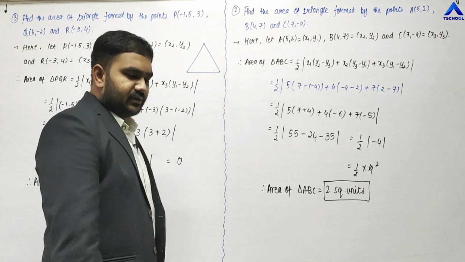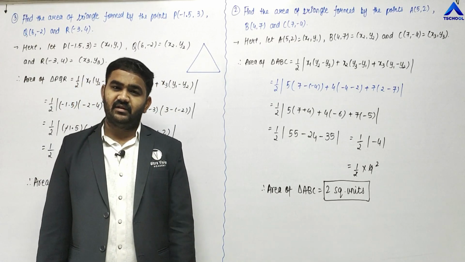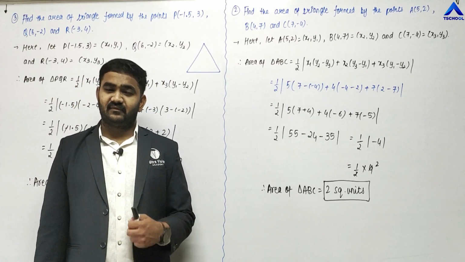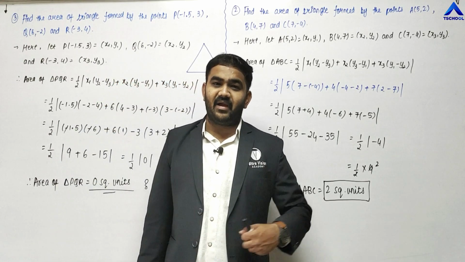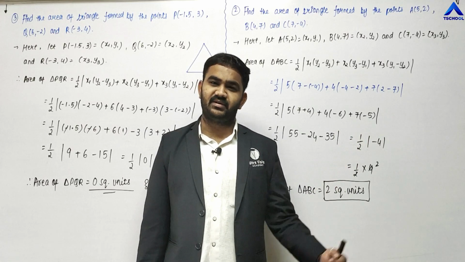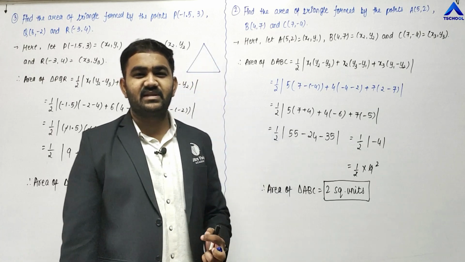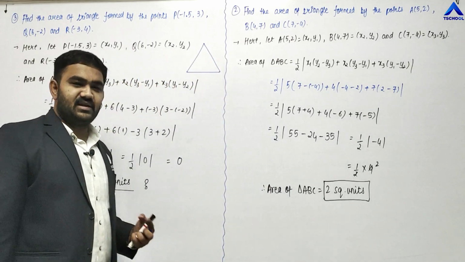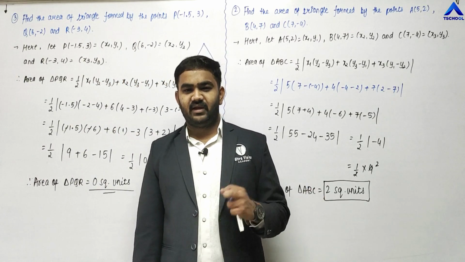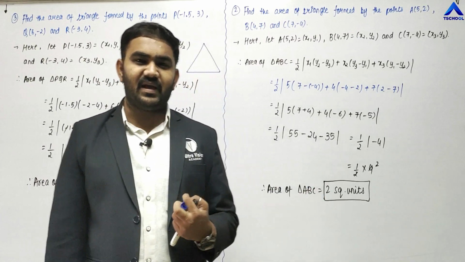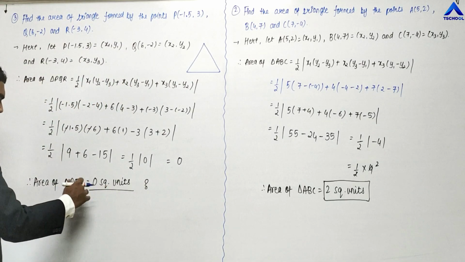If the area is 0, will these vertices form a triangle? No, right? Because if I say that I have a land of 0 square acres or 0 square kilometers, is it possible? No, as distance is never 0. We cannot measure distance as 0 or negative. In the same way, we cannot measure an area of 0 square units, and simply this means